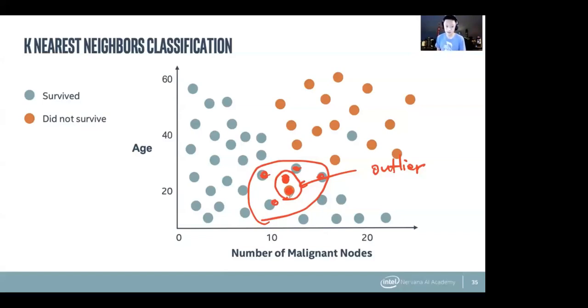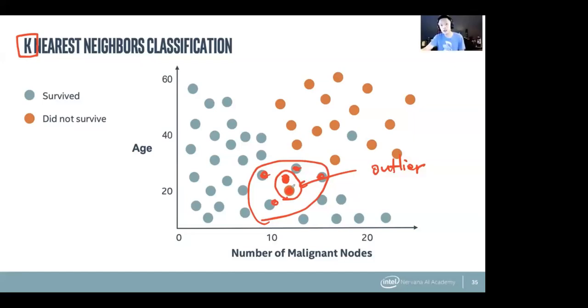If you look at all of the neighbors and see if more survived or didn't survive. Okay, this is a really good suggestion. Essentially, this K here is the hyperparameter that determines how many nearest neighbors we look at. So the suggestion was to look at all of the neighbors. When you say all of the neighbors, what do you mean? Do you mean the entire data set, or is K not the entire data set? Well, the ones that are closest to it.